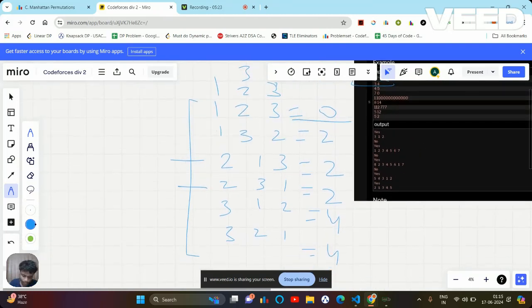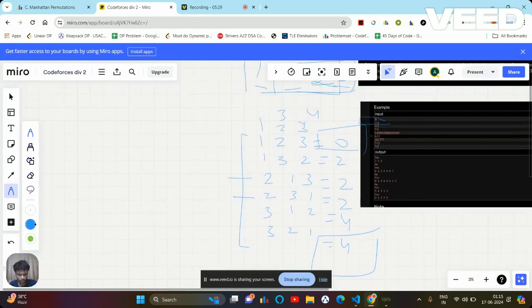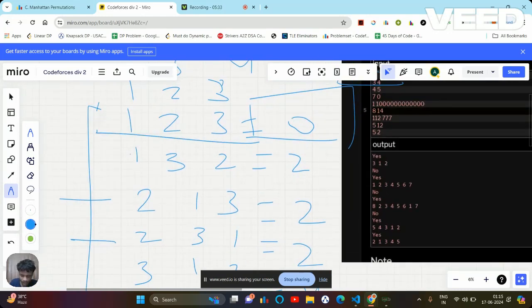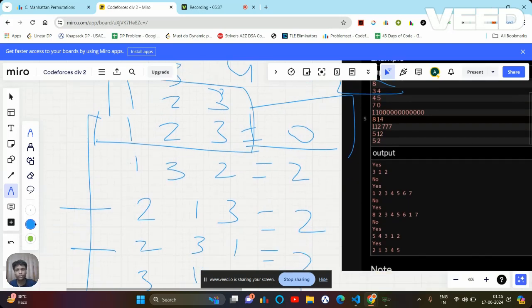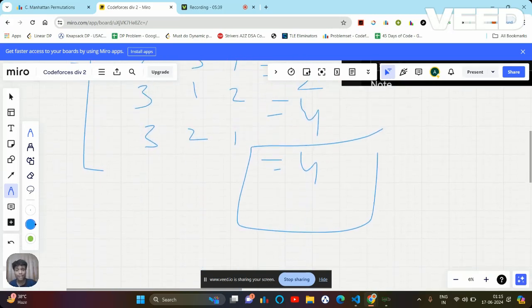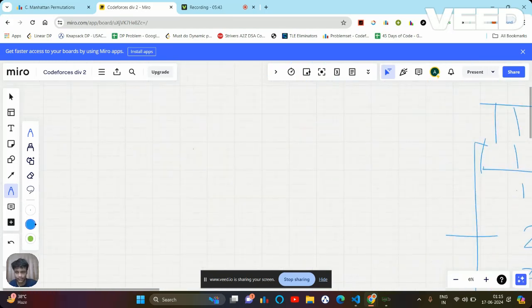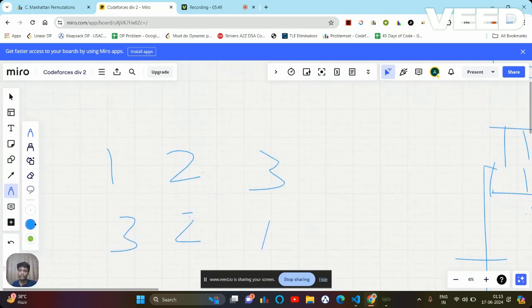Now the minimum value you are going to get is 0, the max value you are going to get is 4. So can you observe one thing? When I'm getting the minimum value, I'm taking the same pattern as it was, like I'm selecting 1 2 3, and when I'm getting the maximum value, it was in just the opposite order. What I'm exactly saying is, let's take this permutation, and this permutation. How am I declaring that I'm getting maximum for this and minimum for this?